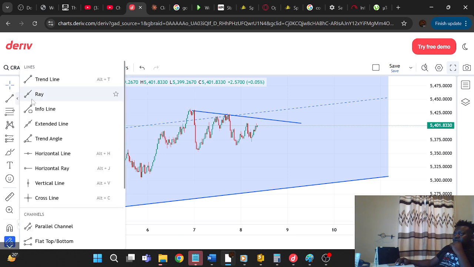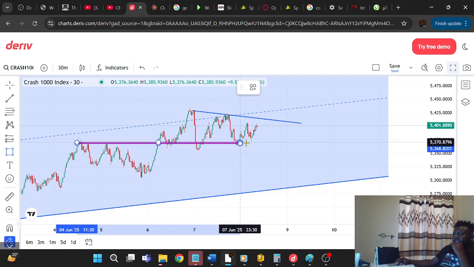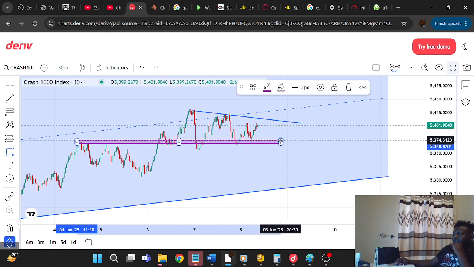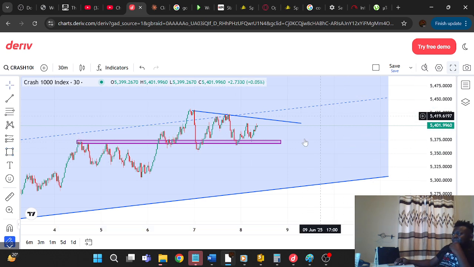The next thing we'll do is input zones using the rectangle. Okay, this was a well-respected zone. We place it here. We know that the market broke above it, it retested it, and it's now going up. We now have a respected zone, meaning that we're already done with the zone, and it's most likely that the market won't break it anytime soon, coming down. Okay, working with that,